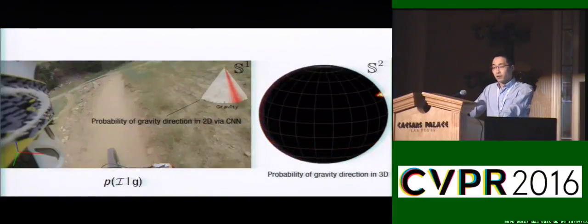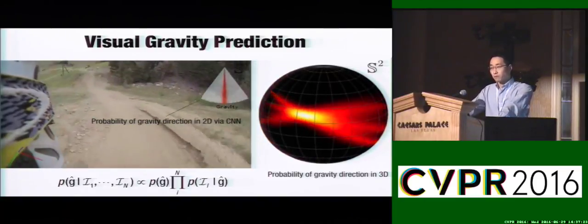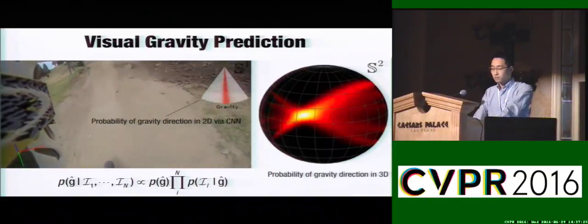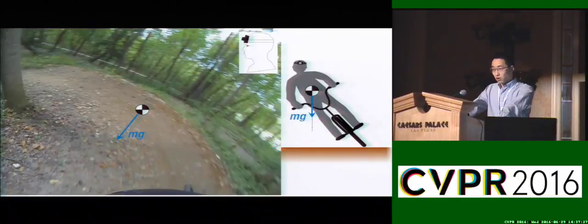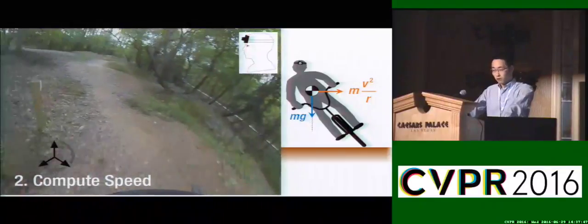The predicted gravity in the image is ambiguous in 3D, which can be resolved by taking into account multiple frames. Therefore, we can reconstruct the gravitational force in three-dimensional space. At this moment, the body orientation is tilted. Then how can he even balance at this posture? He can balance his posture because he moved fast enough to compensate for the gravity.